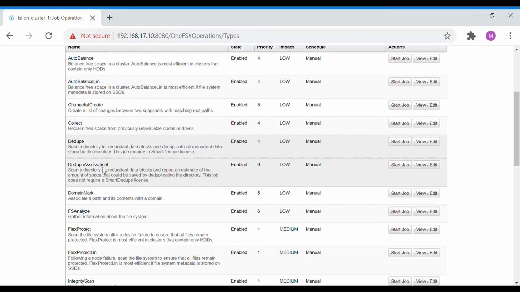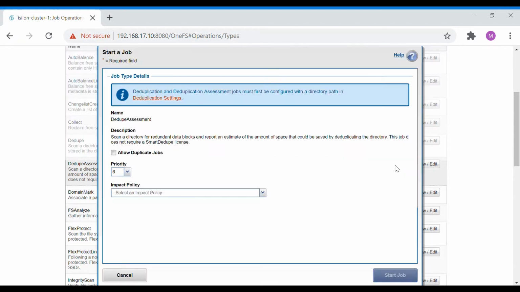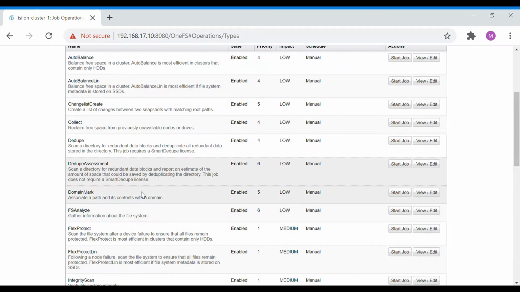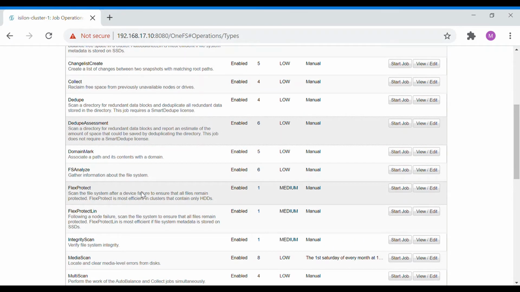And this dedupe assessment does not need a license, as this is just a dry run, and this has priority 6 and the impact level as low. In the same way you can start the job without any input, and the path has to be given on the deduplication tab.